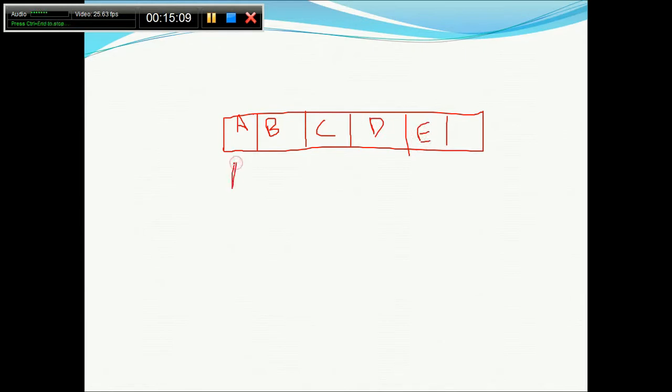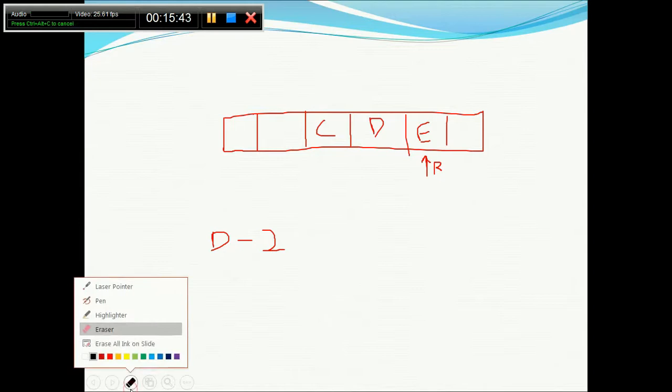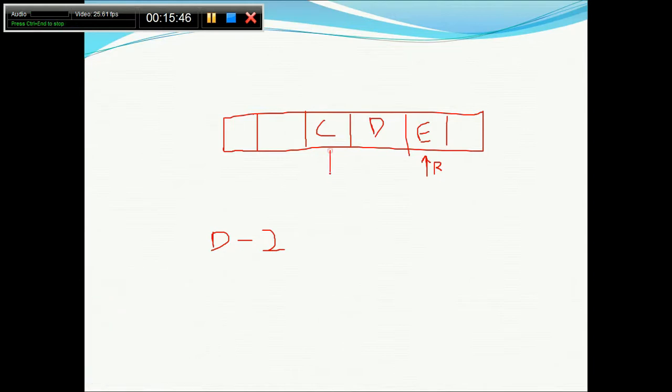So this is, suppose, front, and then this is rear. This is the case. Now first we are trying to understand the need for the circular queue. Suppose I have deleted from the front twice. So deletion has been done how many times? Twice. What will happen after 2 deletions? The front, this would be deleted, this would be deleted, and front will start pointing here. Okay, obviously it is the same, no issue.